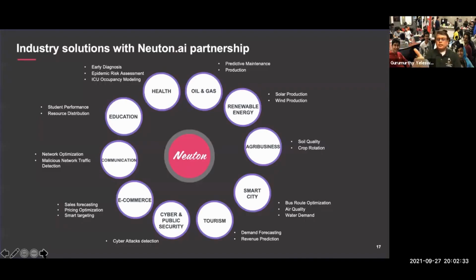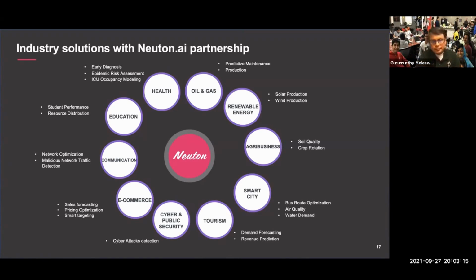This is a slide I got from Andrew. Just to give an idea, these are the different areas of interest. For instance, we are talking to one of the universities in Brazil. They are talking about smart city, oil and gas, and also agriculture, agribusiness. So they are talking about those three areas as we speak. And we have been talking to them for a while, Silicon Valley for You as well as Neuton. And so these are the different areas